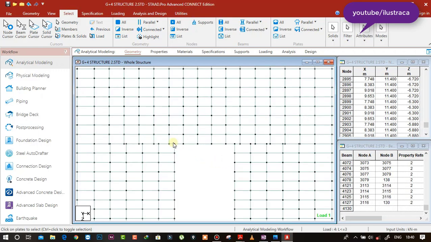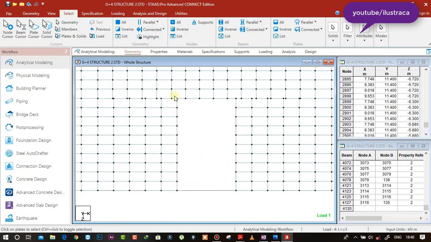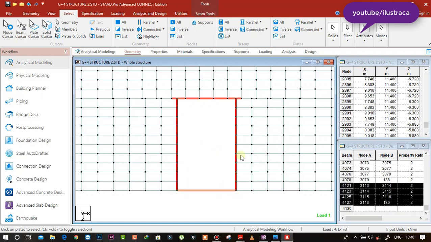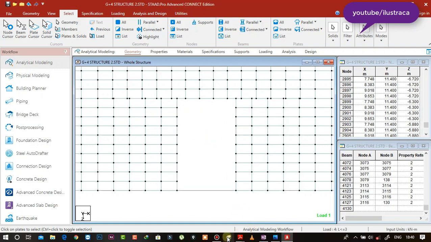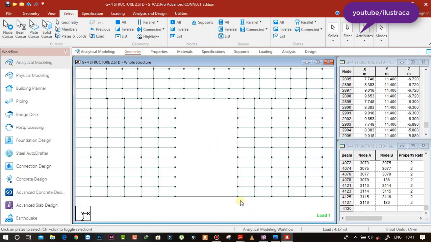Otherwise select very precisely, still it is selecting very precisely like that, and we have to remove these beams actually. Okay, no problem. So we need to select this very precisely, just make it much bigger.